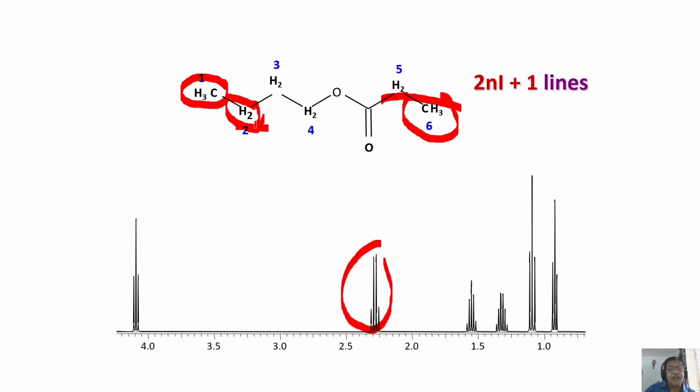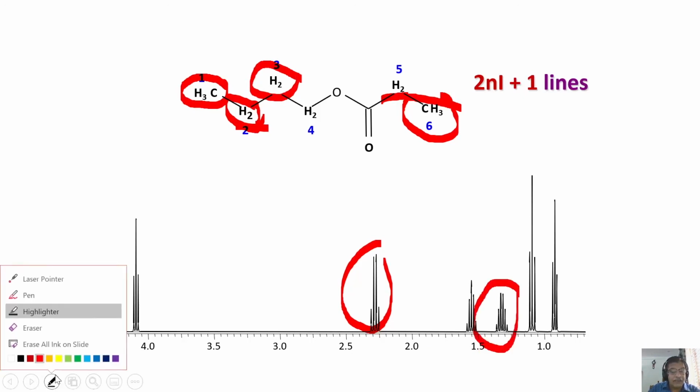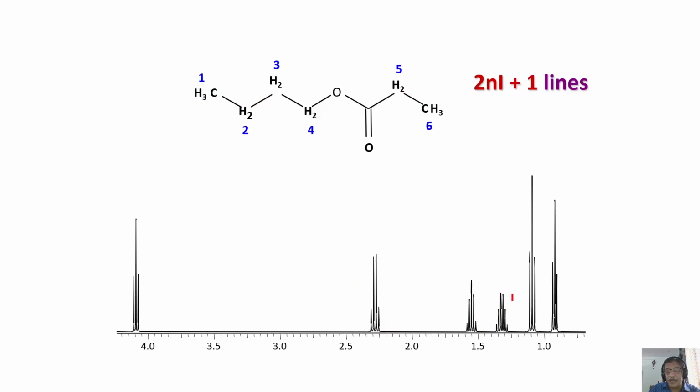Come to this proton. This proton is coupled to CH3 and it's a quartet. It is also coupled to CH2. What does it mean? Each line of the quartet will become a triplet. It's a very complex pattern. Where do you see that complex pattern? It is here. Okay. Now the question is, why not this? Why am I telling it is this one? You will see later. If you look at this proton, this is coupled to this and this, CH3 and CH2, a quartet of triplets or triplet of quartets depending upon the coupling strength.